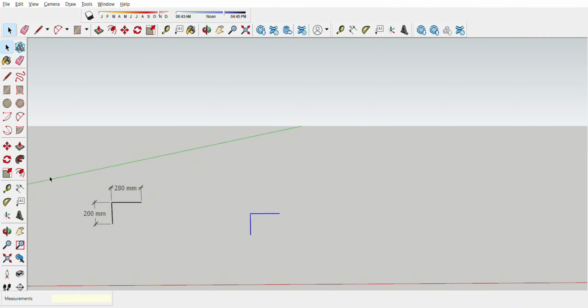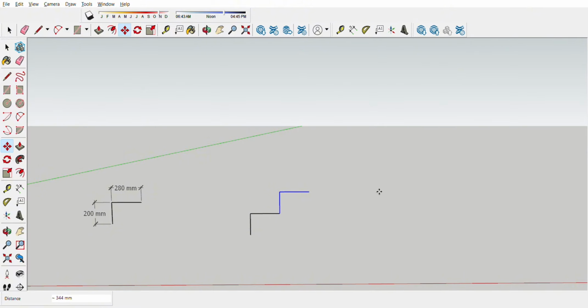We will copy this one by the move tool. Here we have to snap at the endpoint because we need to copy. To copy this one, just press Control and then click. You can move your mouse without making any commands.